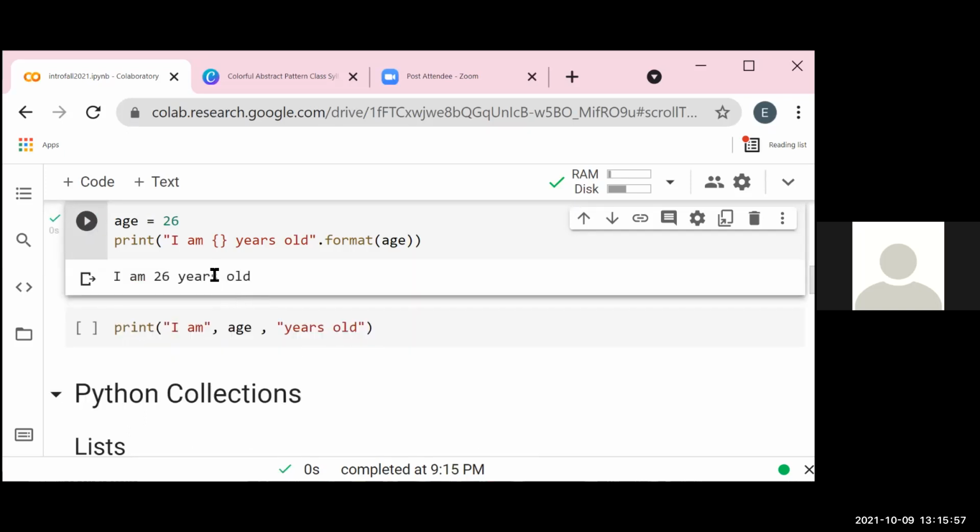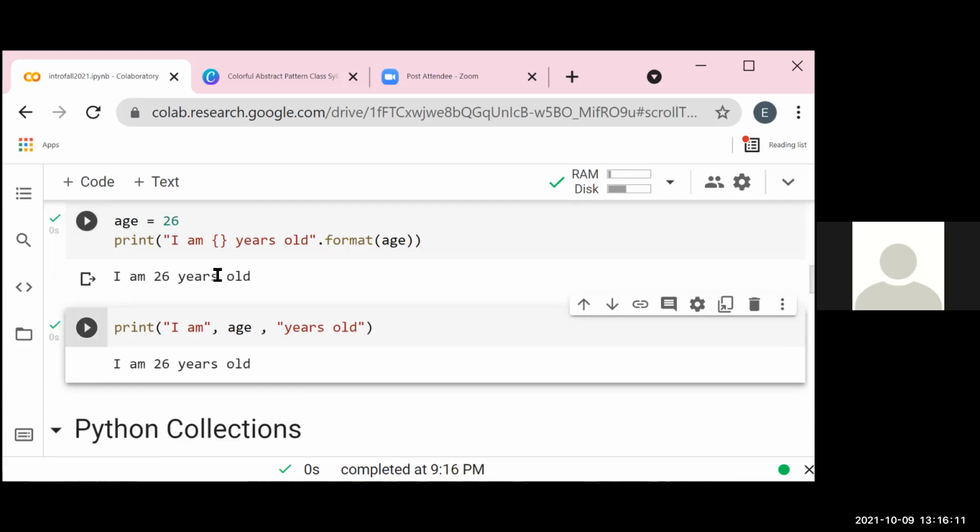I am 26 years old. Another way Python accepts is, instead of using the plus, you use commas, and that works too. So this is how you can concatenate a string and a non-string type, maybe an int or a float.